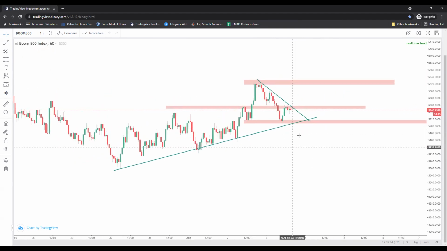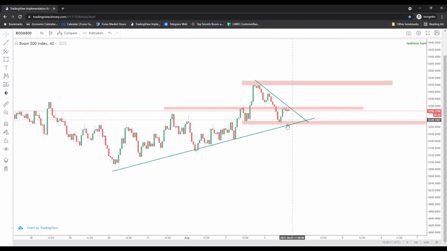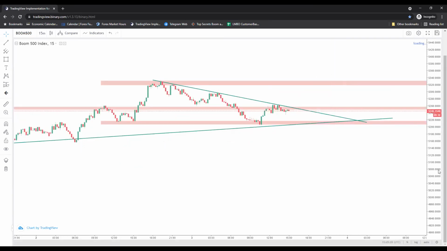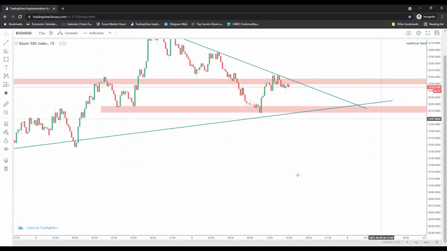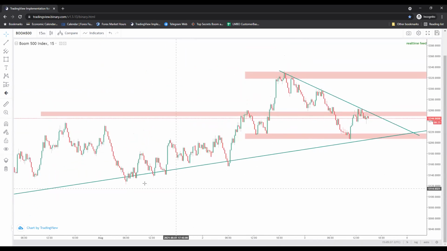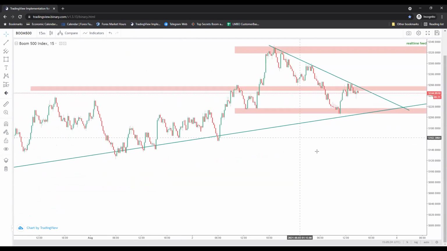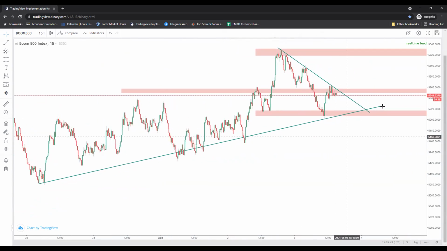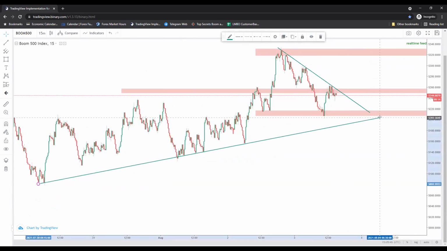This is how you will filter the market. This is how you are going to analyze the market. Now go back to the 15 minutes. Even if you want to do the lower time frame analysis, now that you have drawn the 1 hour chart, you can go back to 15 minutes and see what the market is doing. See the behavior. Now you can reset the trend line according to 15 minutes. Right? So